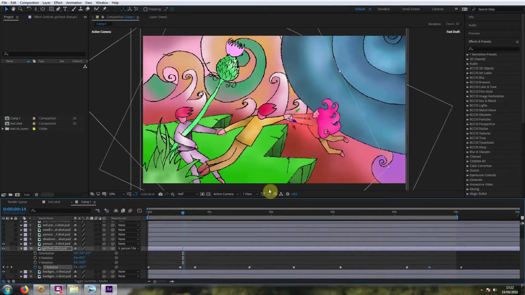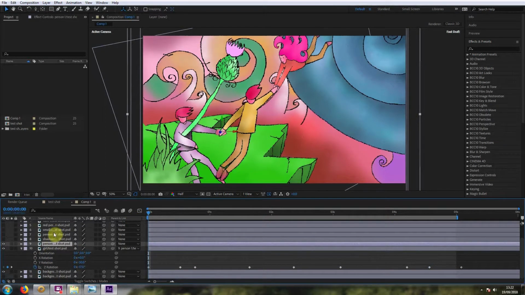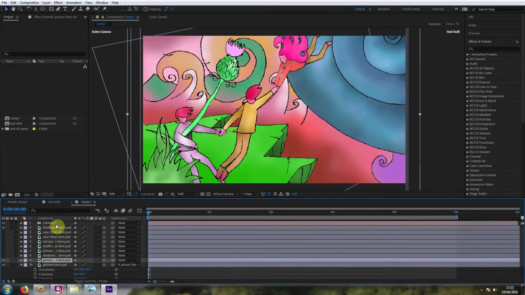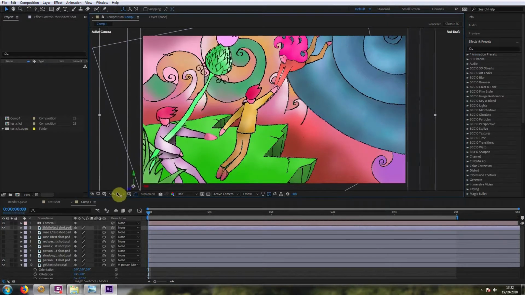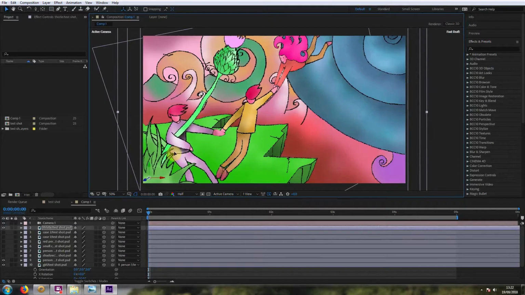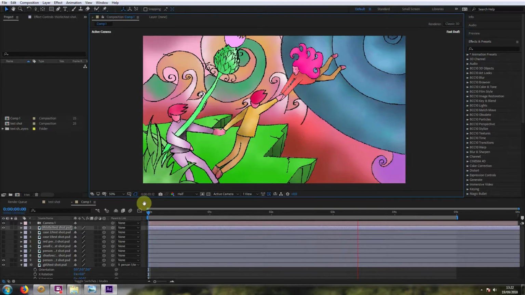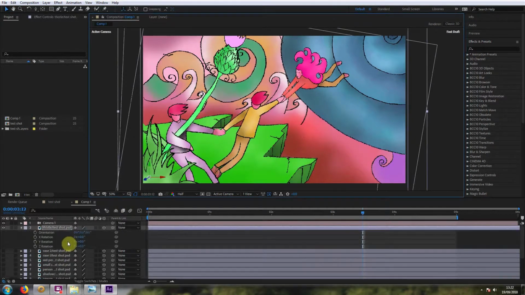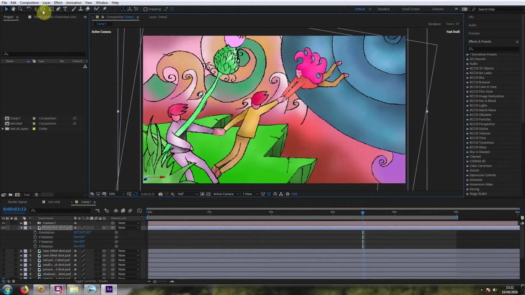Yep, that's good. Okay. Now what I'm going to do is take the camera and take this person. Where are they? This one, the thistle one. So this plant here. I'm going to put them in front actually. There, like that. In fact, I'm going to make them quite a way in front, I think. Let's play that. Okay, and I'm going to rotate them as well. So I press R,